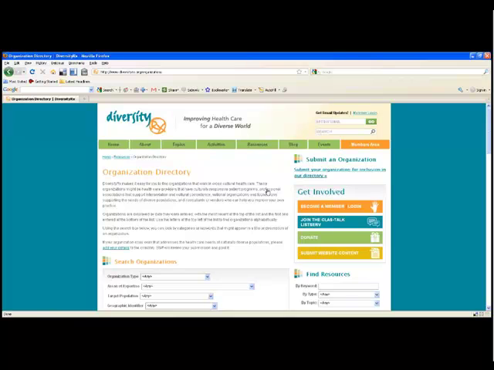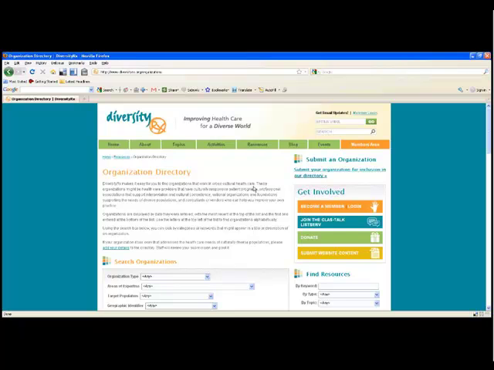We think that it's really useful for people to find organizations that might have done reports, that might be national organizations or foundations that support the needs of diverse populations. And we also think that it's important to be able to find hospitals or clinics or consultants or vendors who might be working in the field of linguistic and cultural competence. And so that's what's behind the organizational directory.